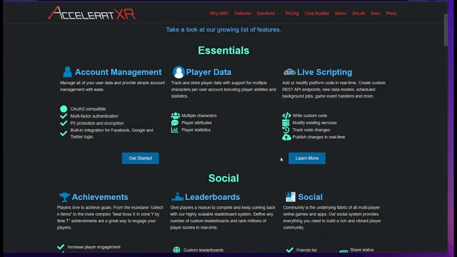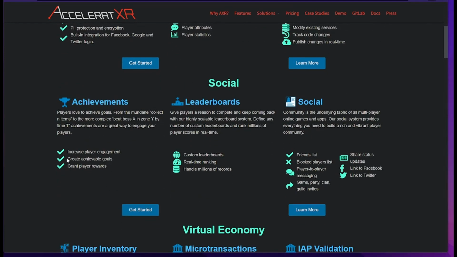Now, let's look at what's unique. The first thing I see is multiple characters. Other services don't usually offer this. Modify existing services. For example, add some code or additional checks before or after authentication, microtransactions, or what have you. Achievements with player rewards. You can track anything from mundane to something really complex, like beat boss X in zone